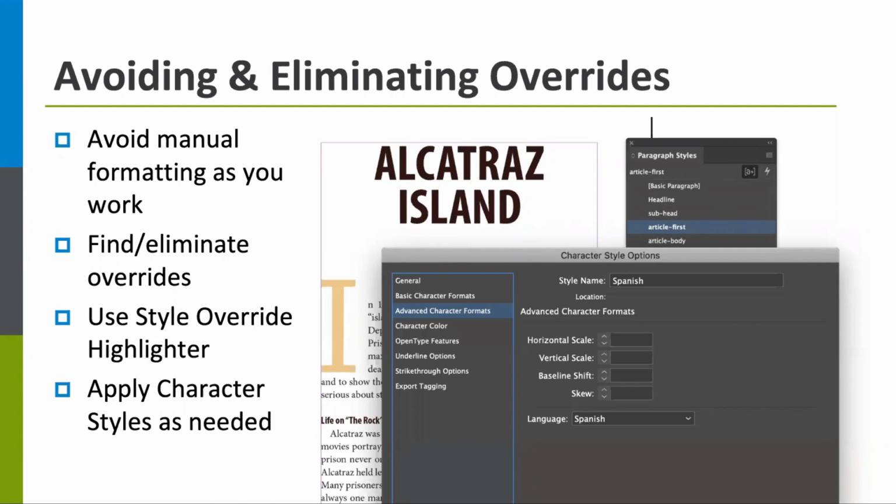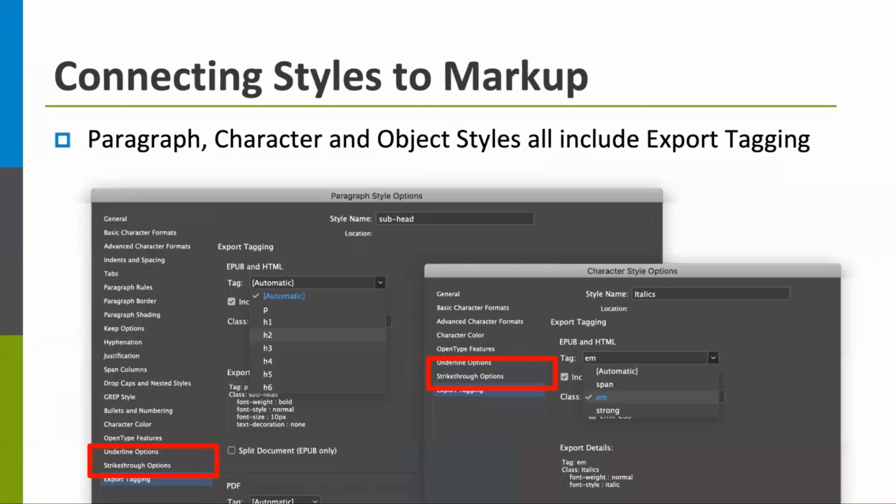So how does this markup information, the style information from InDesign, get translated to clean semantic HTML markup for EPUB? The secret behind this is a setting available for paragraph, character, and object styles called export tagging. And for each style you create, you can establish a connection to an HTML tag like P, H1, or H2 for paragraph styles, or em or strong for character styles. And this is an essential connection between your InDesign content and a clean, accessible EPUB, and it all